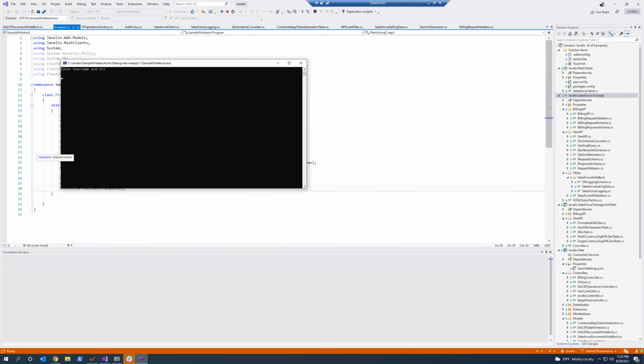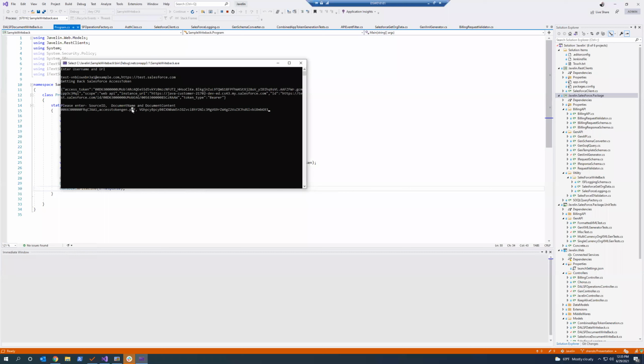So I enter the username and URL. It would be again the same context. And please remember that this is the connected app which it is basically using to write it. And then here, this is another source ID.